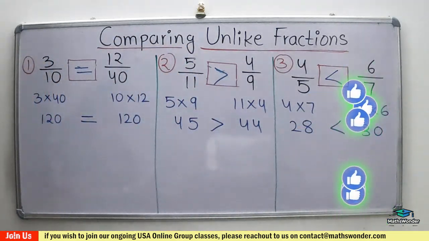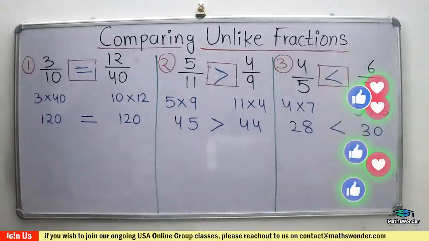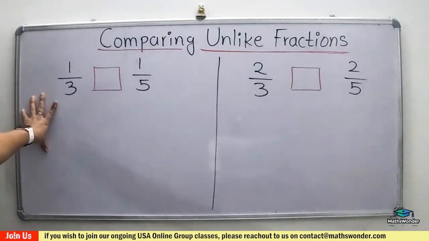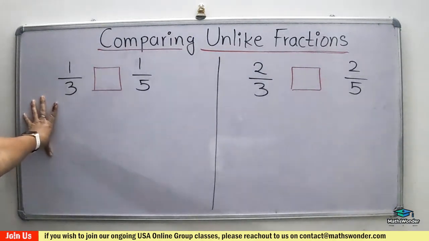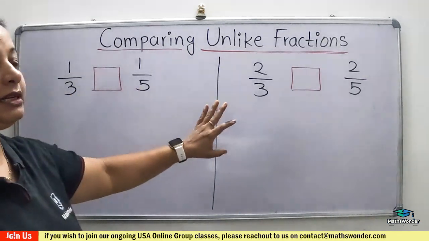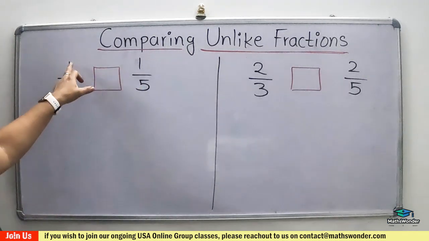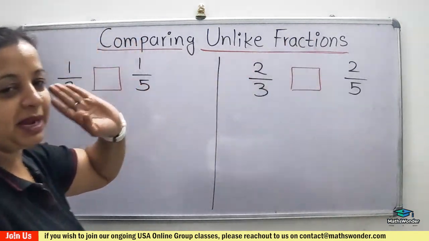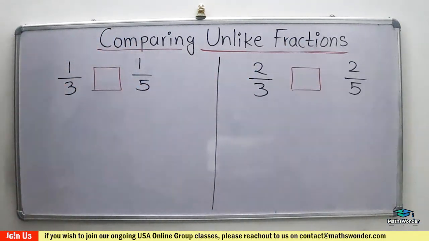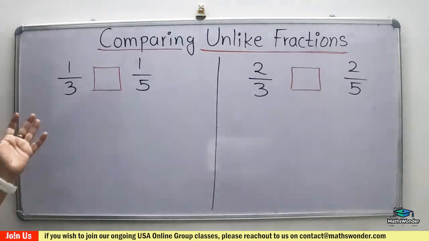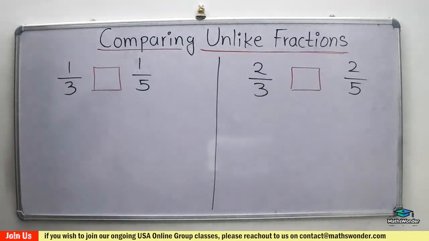So now we can see that there are 3 cases. Now this type of fraction is also called an unlike fraction. What is the difference here? Here the denominator is not the same. Here the numerator is the same. See, 1, 1 is same, 2, 2 is same, like that. So in this type of fraction, which is greater? Any idea? Unlike fraction with the same numerator, we can see from these two examples, if the numerator is the same in the two fractions, the fraction with the smaller denominator is greater of the two.